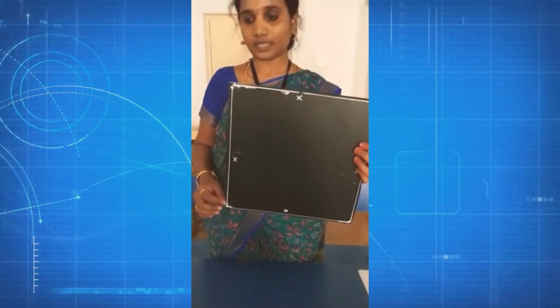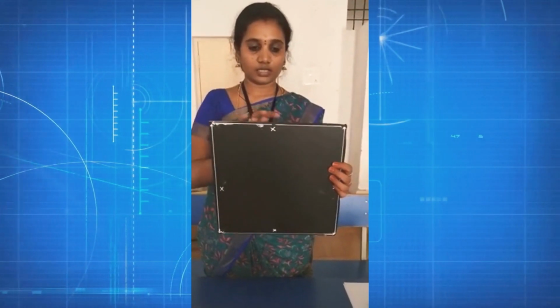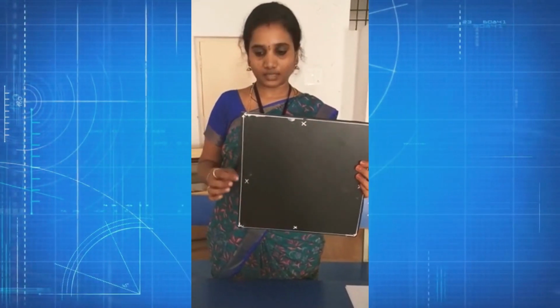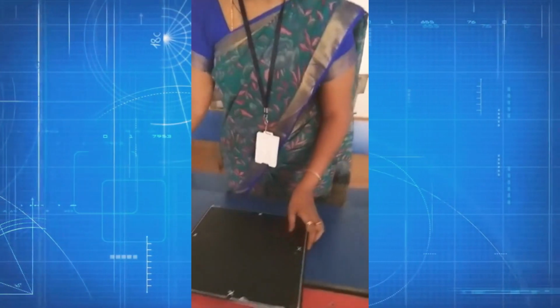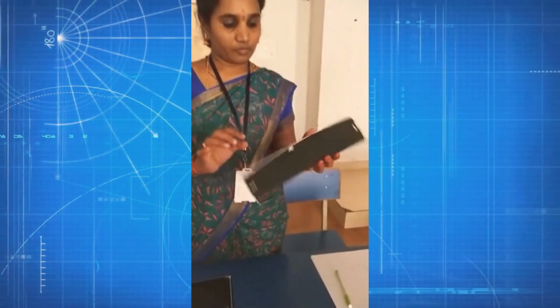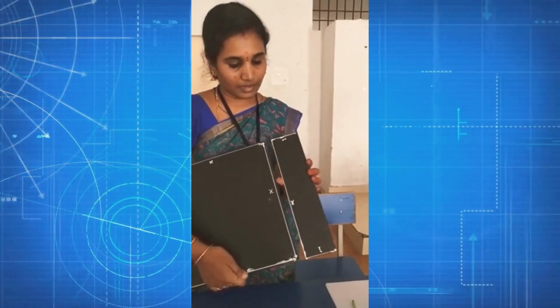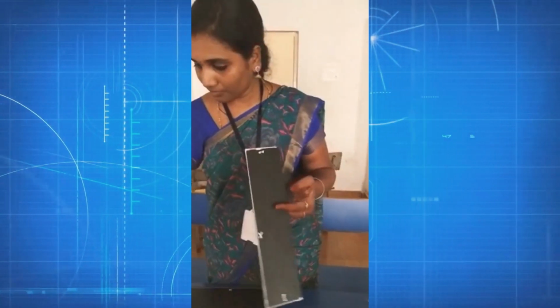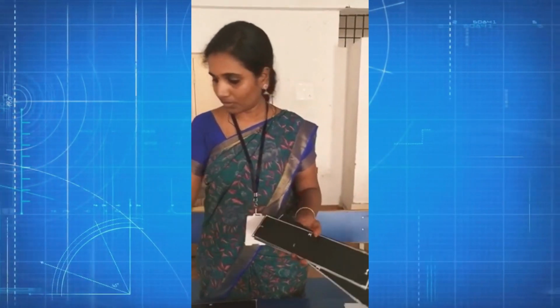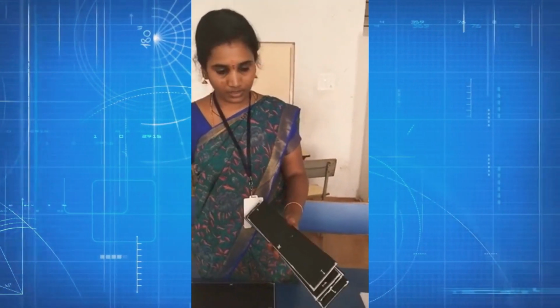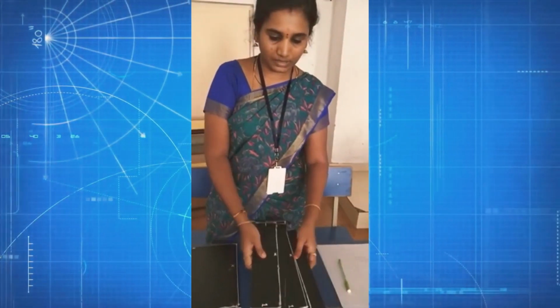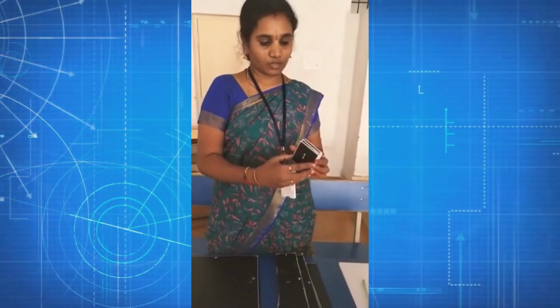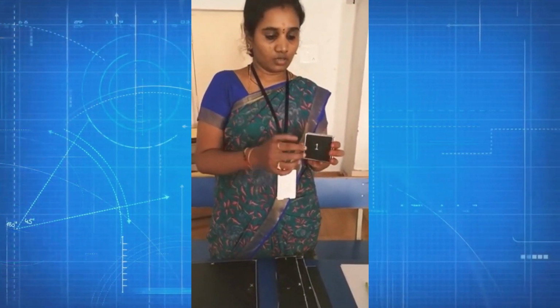So I have taken a square of side x units. This is x into x. Area of a square is side into side, so it is x square. And this is a rectangle of side x, of same size, and breadth of 1 unit. So the area of this rectangle is x into 1, 1x. I have taken 6x, with this 1, 2, 3, 4, 5, 6, 6x. So x square plus 6x plus 5. These are unit cards. Here, this is 1 square unit each. So I have taken 5.